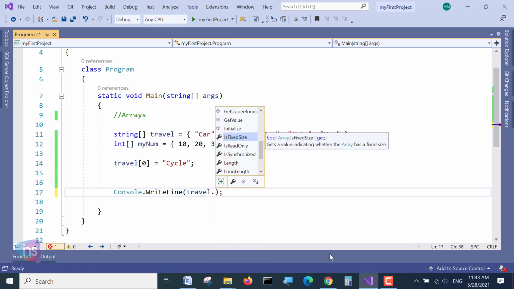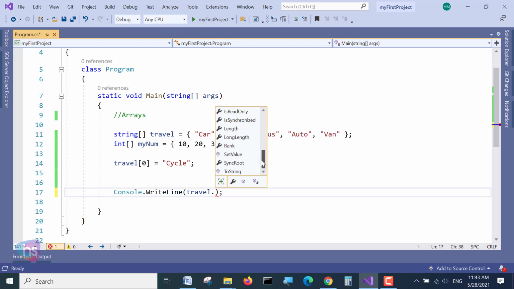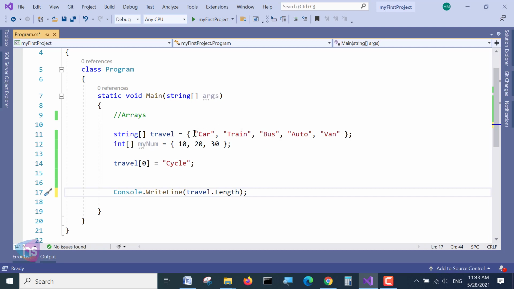When you press the dot, you see is fixed size, is read only, length, clone, copy to, equals, so many methods. I'll explain a simple method to know how many data parameters are available in the given array. It might be 5 or 500 or 5000, I don't know.